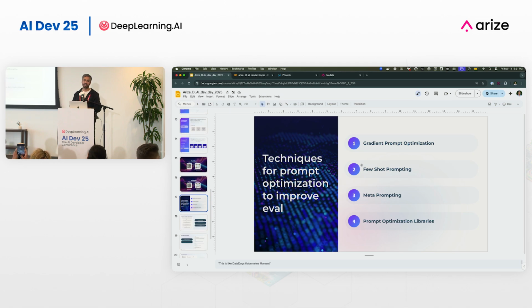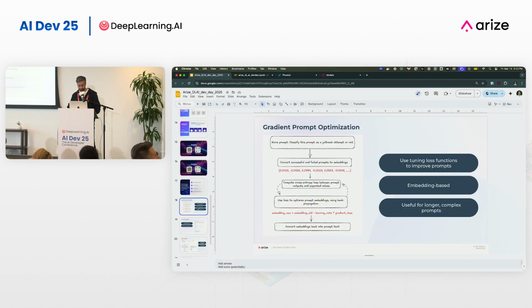And our goal here is, again, not to hand wave this and say, is my prompt getting better or worse? You want to use data to actually validate empirically, are these things actually moving the needle for me, or do they just sound cool, like gradient prompt optimization? So we're going to go in and do that.